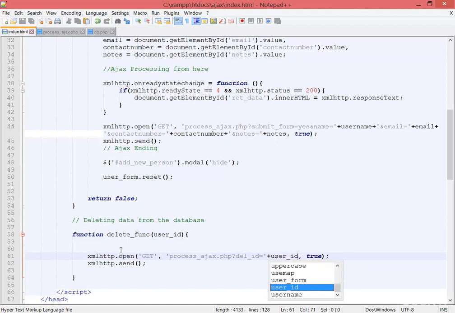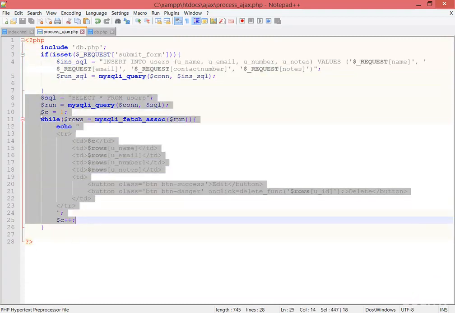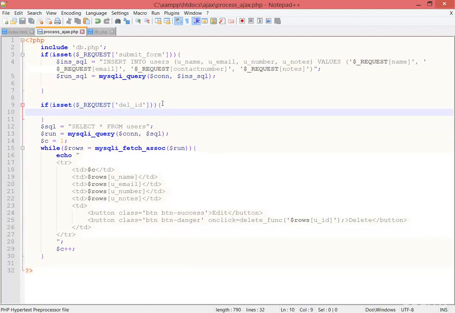So now save, and what more is required, we just need to work on the process Ajax for this del id. I'm going there, and now if the form is submitted, then this should work, and exactly all that remains the same. So now press enter, and I'm making another if isset request del id, means if anyone created the del id, then go inside and del sql, and now delete